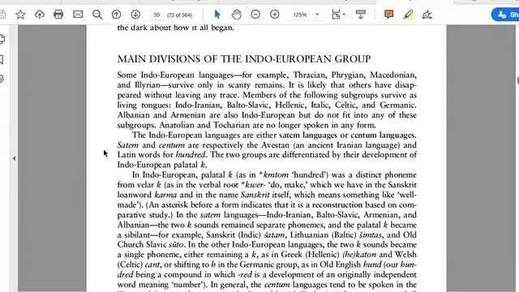Since you have gone through the structure of English and you know a little bit about phonetics and phonology, you're going to know what he's talking about here. For example, he says in Indo-European languages there's a palatal k, and it was a distinct phoneme from the velar k. All right, so you know what palatal and velar mean because we studied that. If you don't remember, go back to the charts that I gave you. There are also lots of extra charts that I put on the drive. Just remind yourself what that means.